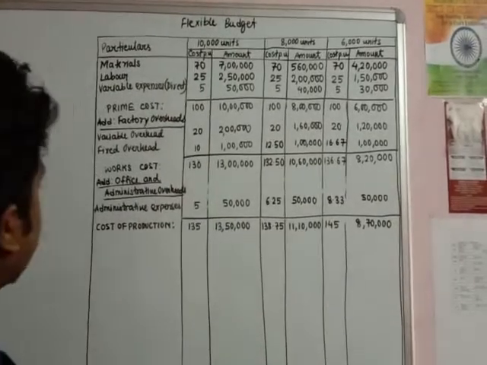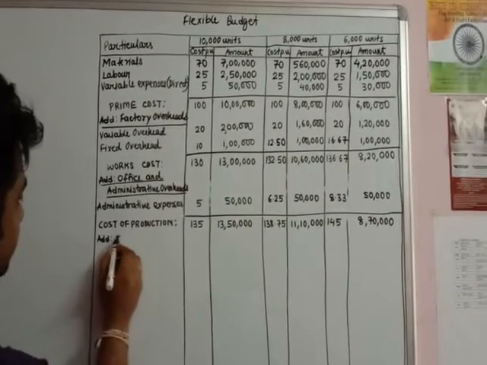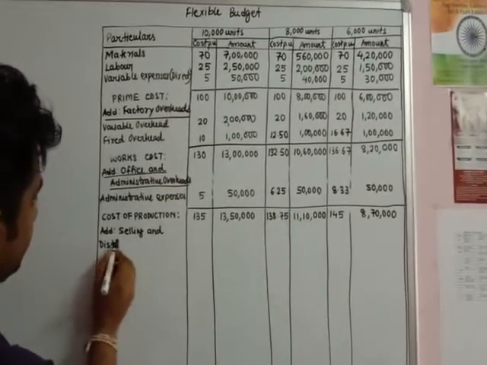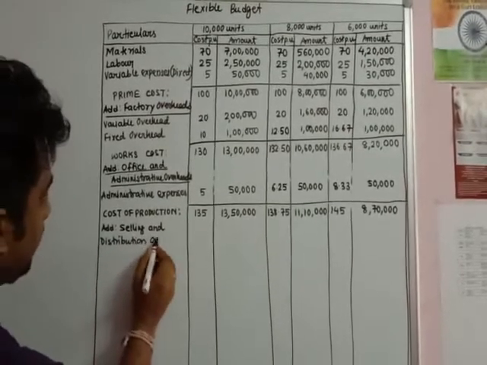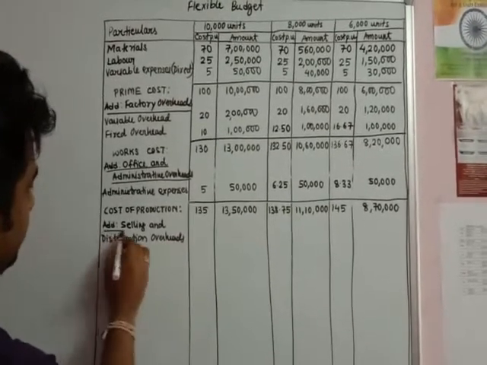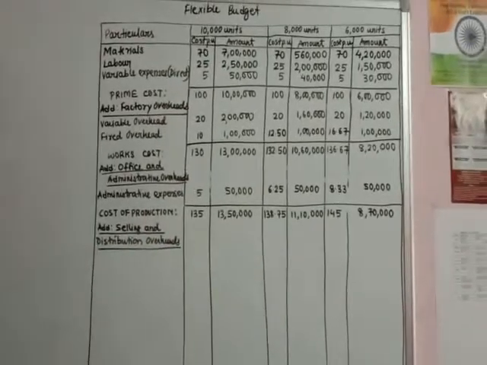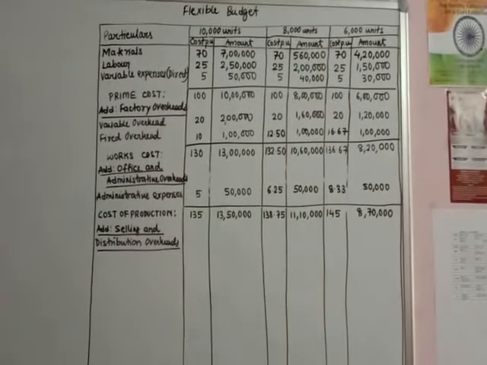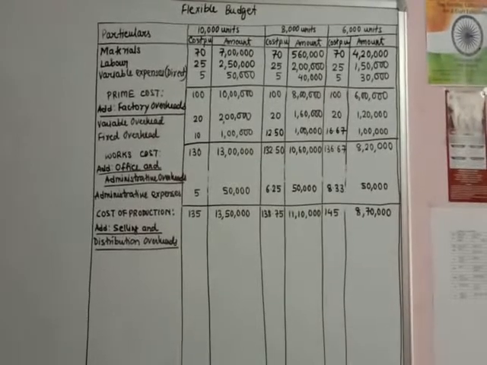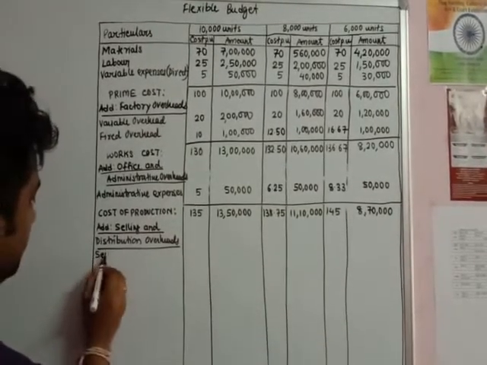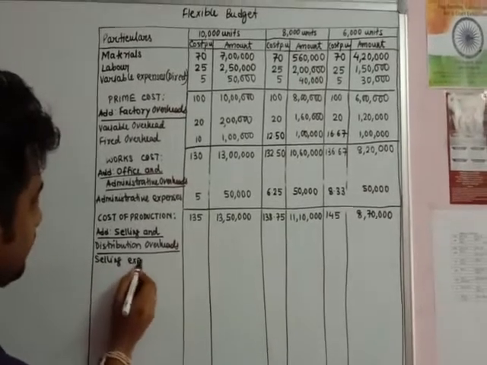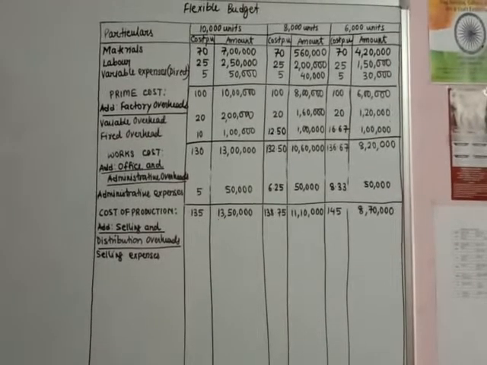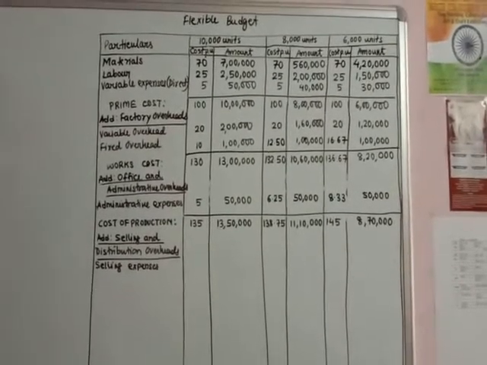With the cost of production, you have to add the selling and distribution overheads. Okay, you will have to add the selling and distribution overheads. Now if you look at the question, what are the selling expenses you have? The first is selling expenses, where it says 10% is fixed and the amount is ₹13. So first of all we will come to the selling expenses. Now with regard to the selling expenses, it says 10% is fixed and the selling expense is ₹13.